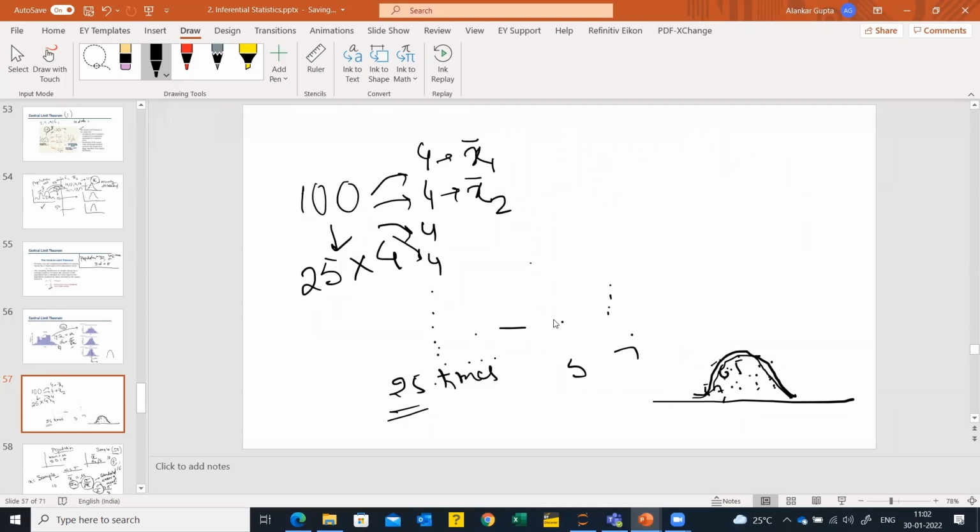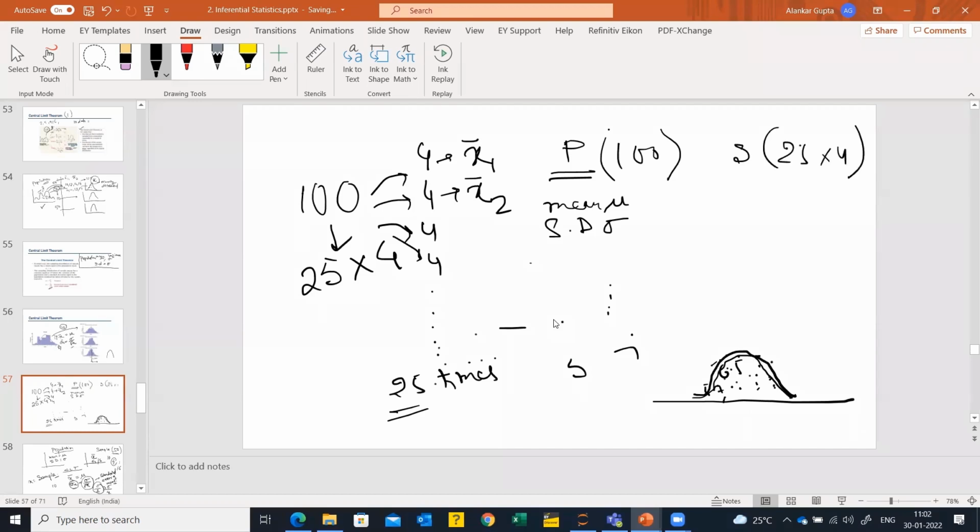Okay, so the population, we calculated the mean, which is mu, and we calculated the standard deviation, which is sigma, for, say, for example, 100 records. And for the sample, what we did is we divided it into 25 into 4. So we are taking 4 data at a time for 25 times. So my mean, which is x bar, is going to be equal to mu, which we have solved using Python.